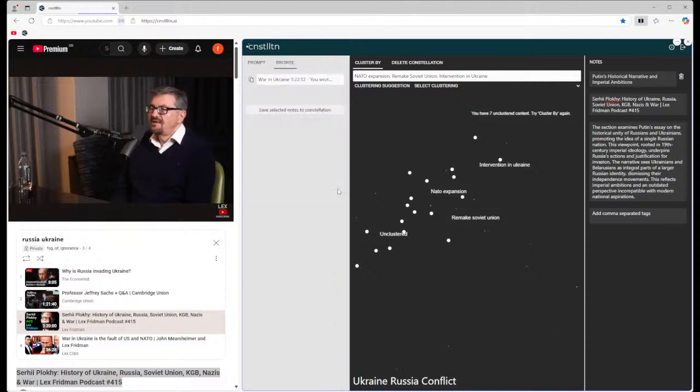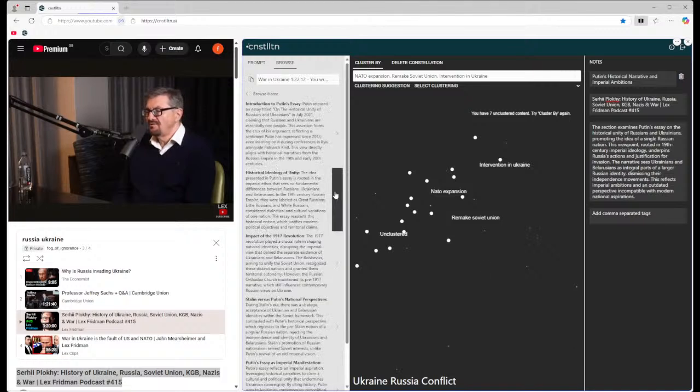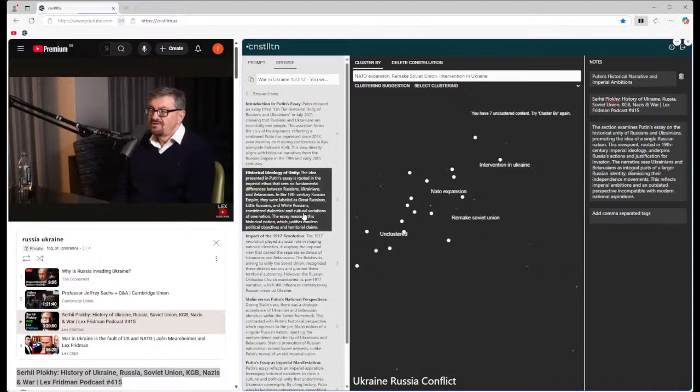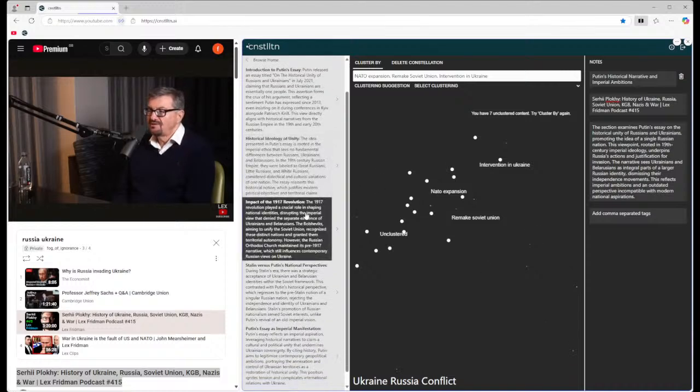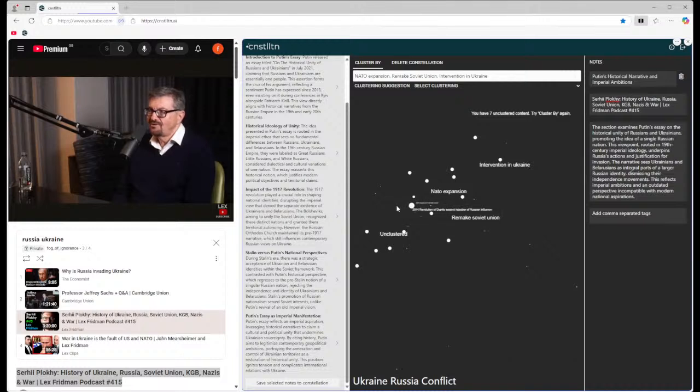This is the idea that was dominant in the Russian Empire of the 19th and the beginning of the 20th century, that Russians, Ukrainians, and Belarusians are really Great Russians, Little Russians, and White Russians, and that they constitute one people. Yes, there are some dialectical differences. Yes, Ukrainians sing well. Yes, they dance funny, but overall, that doesn't matter. And that idea actually was